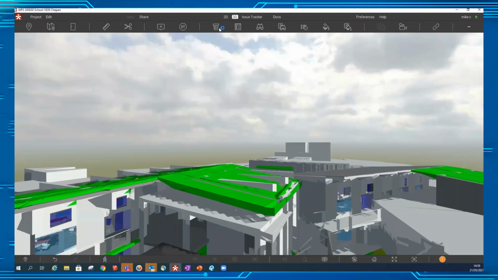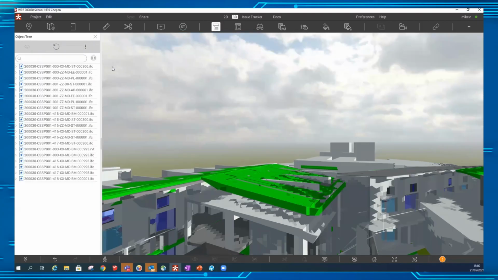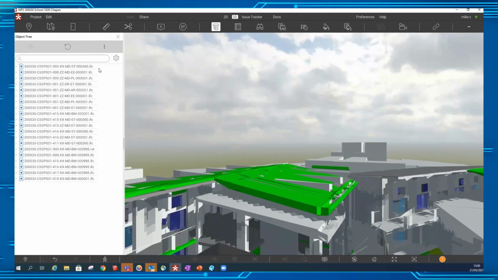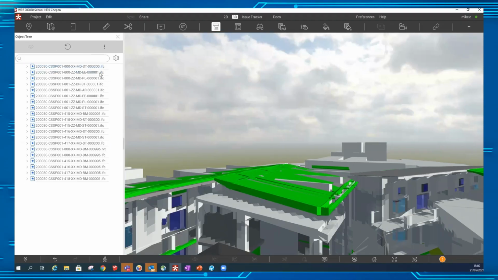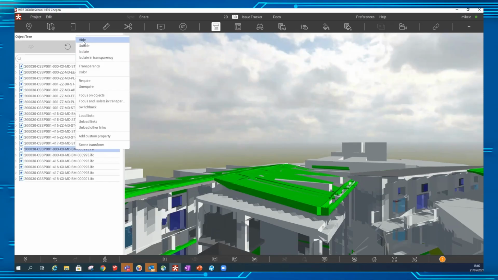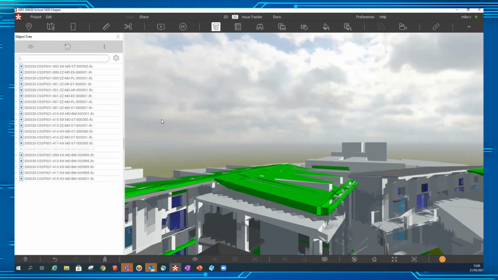Right. So there's a lot going on here. So I'm going to go to this object tree. And I can see that there's a whole series of IFC files, and there are some Revit files. So let's say I expect the IFCs have been generated from Revit, so we probably don't need both. So I'm going to hide the Revit file. So now I'm only looking at IFCs,